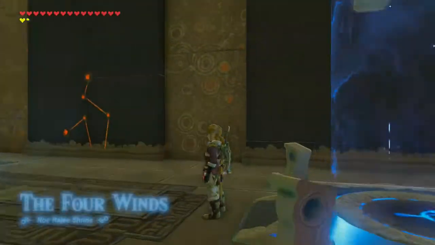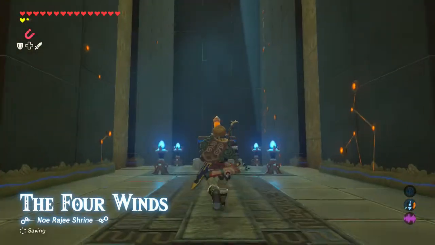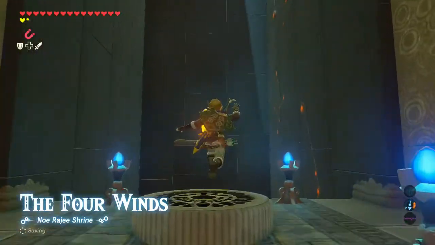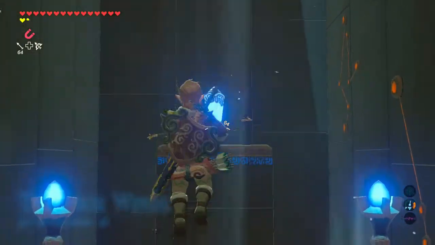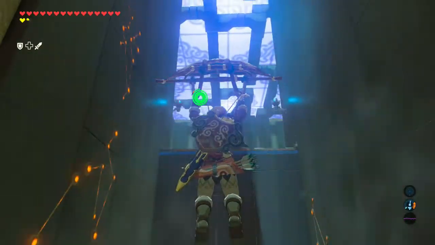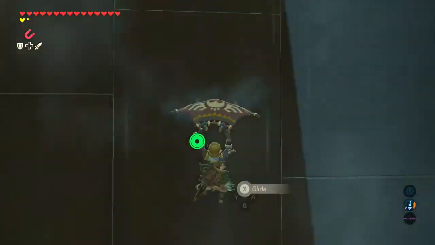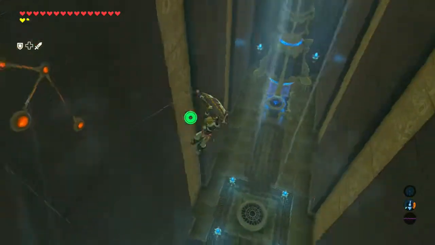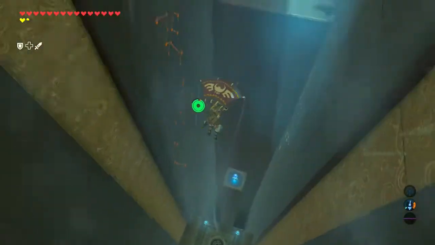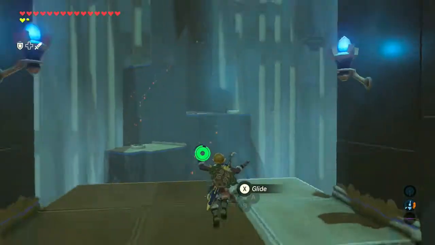I actually like the fact that they hid something at the bottom of the flight range, because it feels like there should be something there, but there's just not. And it makes me kind of sad. And I actually can redo the entirety of this shrine. Nice! So everything is actually working out somewhat well.